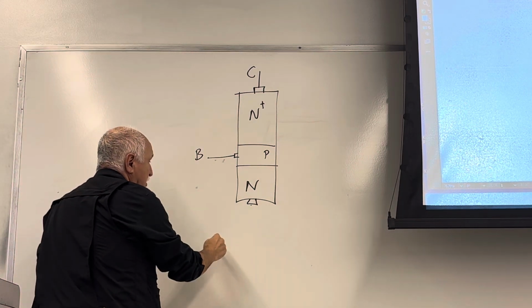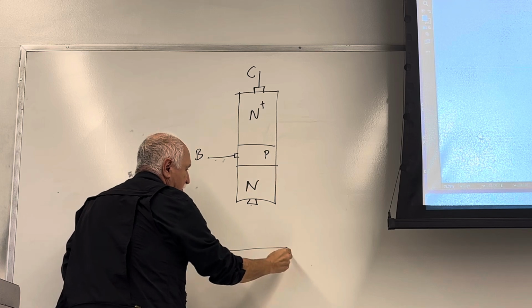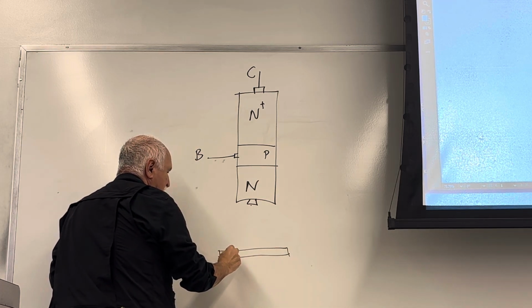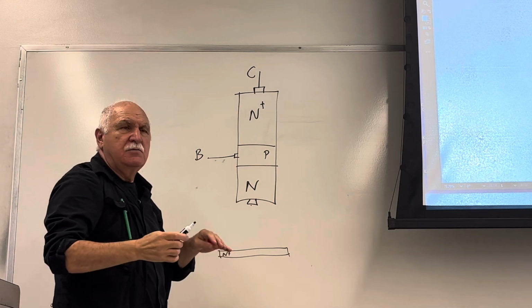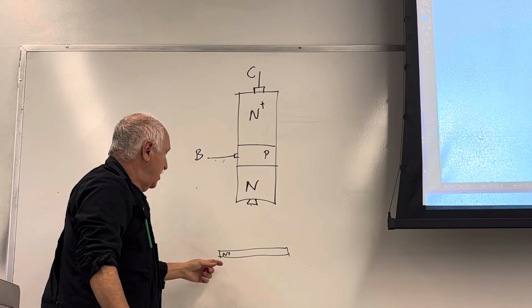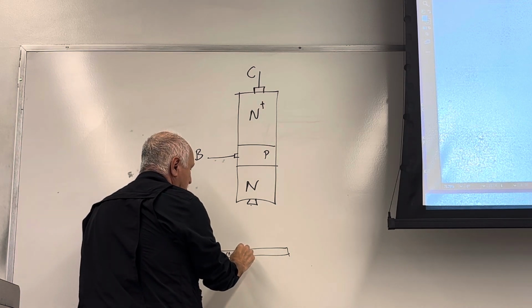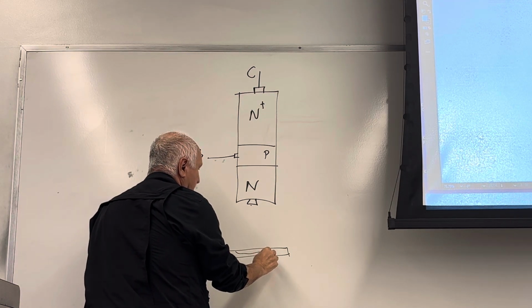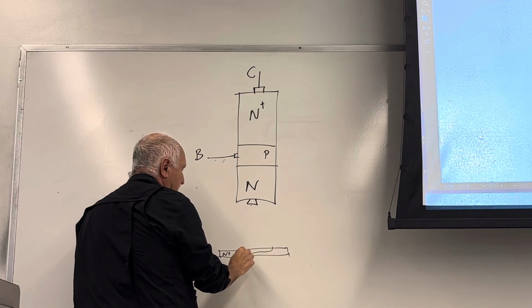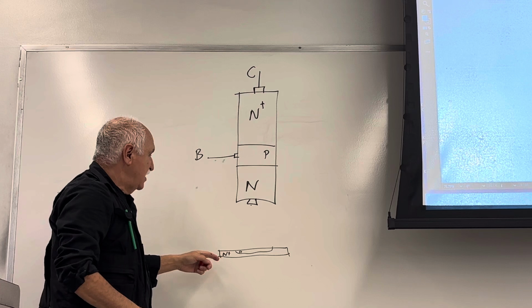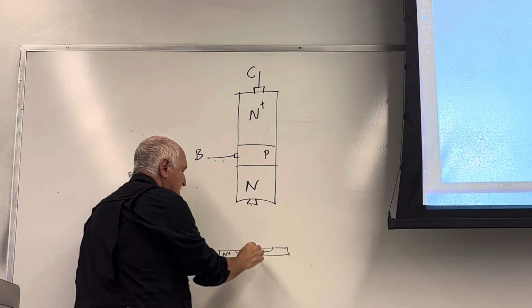So you get a substrate like that, heavily n-type, n plus. It is n, but it is very rich in donor electrons. Then on top of that, you deposit a layer and you make a p region out of it, p material. And then on top of that, you,